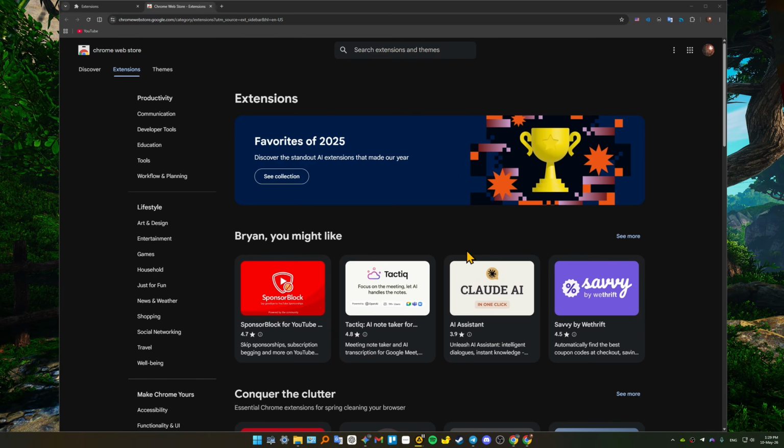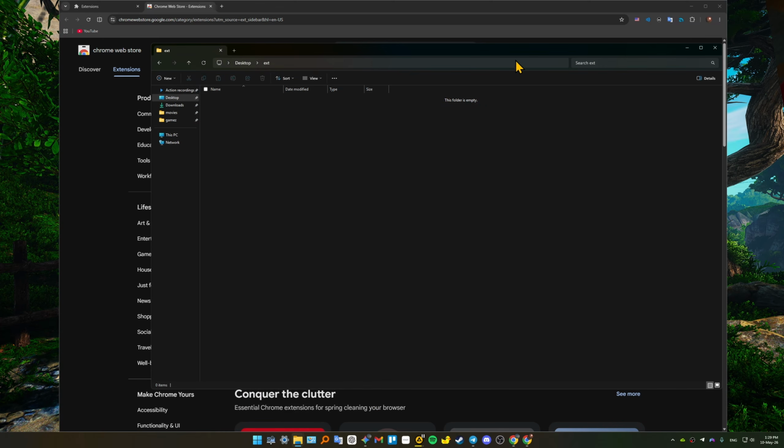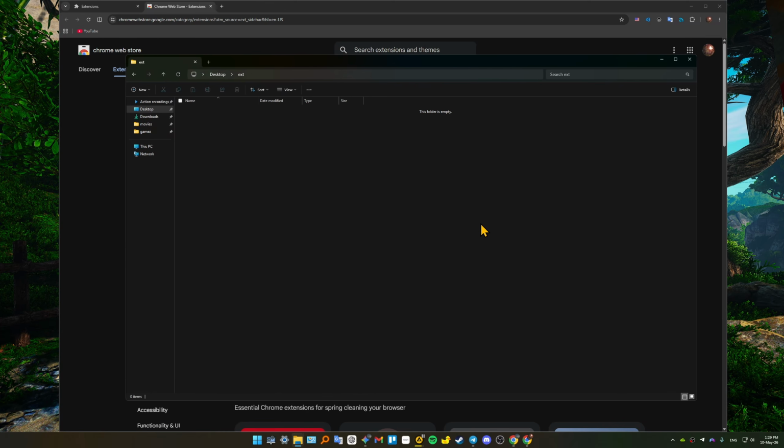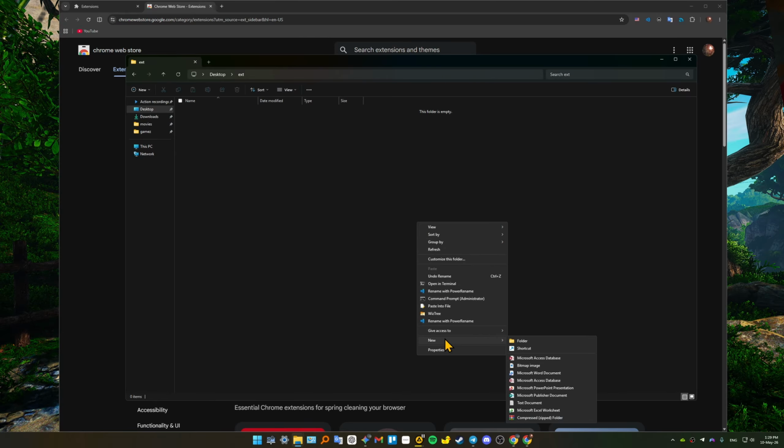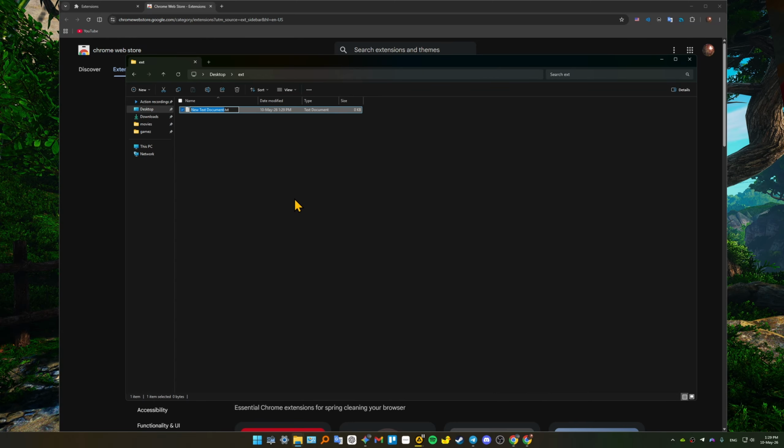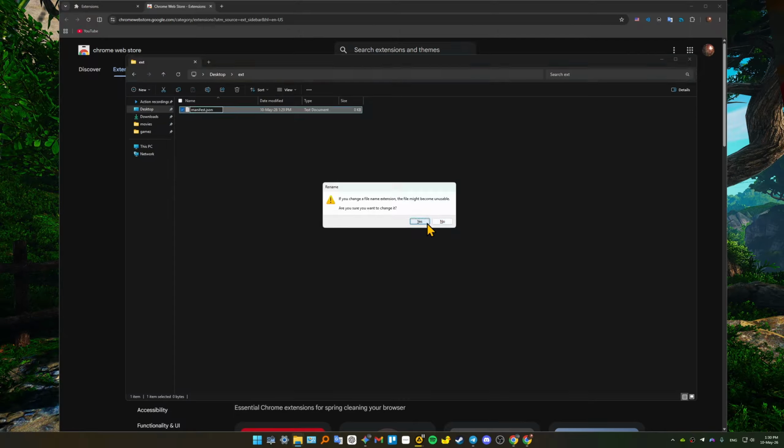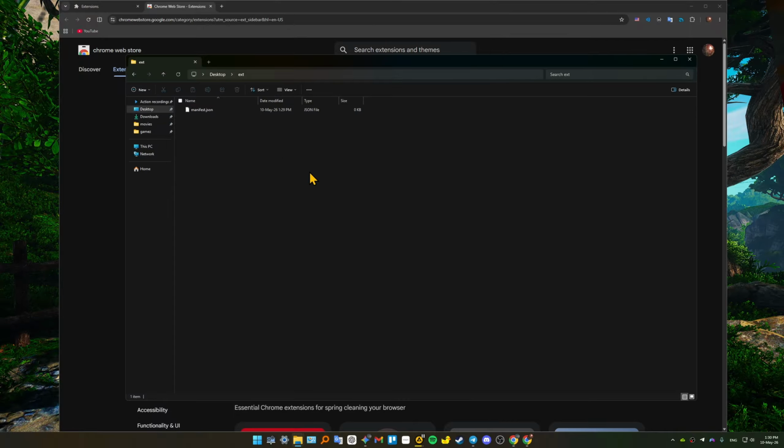Okay guys, so you just want to create a new folder on your desktop, for example. Okay, and in here, create a file named manifest.json. You can just create a new text file, text document, and name it manifest.json. And yes, confirm this. There you go, and now there's your file. Right, and inside,